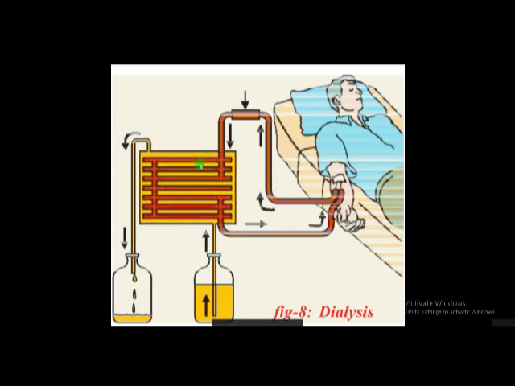It's a simple process. This dialyzing solution is just like blood. The only difference between the blood and dialyzing solution is waste products are present in the blood, but they are absent in the dialyzing solution. So the waste products in the blood are transferred to the dialyzing solution, and the waste products are collected here, and the remaining blood is sent into the body through a vein. Like this dialysis takes place.